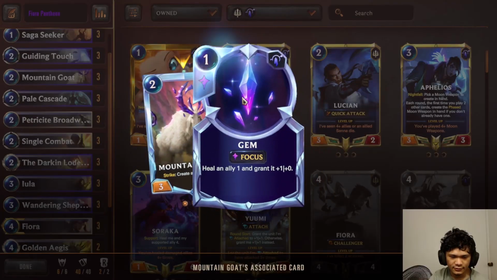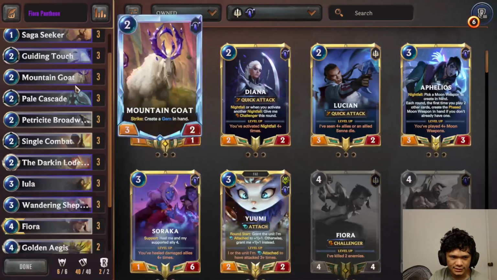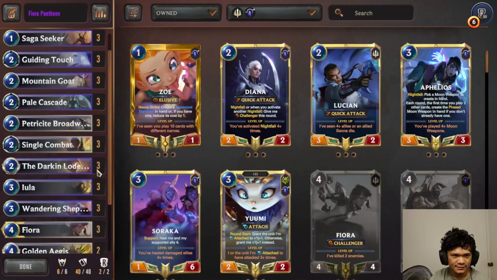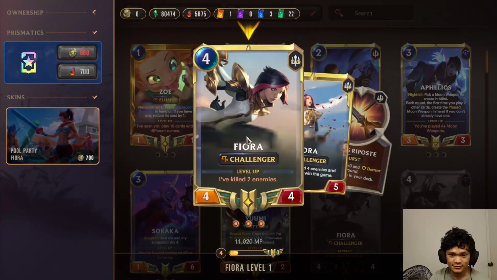Goats creates these gems. You could kind of make a big book goat, but it's mainly here because it creates gems, and gems are 1-mana ways to trigger Fated and level up Pantheon, so really good. Also heal a unit. Healing Fiora is really good, so Guiding Touch is good with Fiora, because, for those who don't know how Fiora works, because I forgot she's been out of the meta for quite a while,